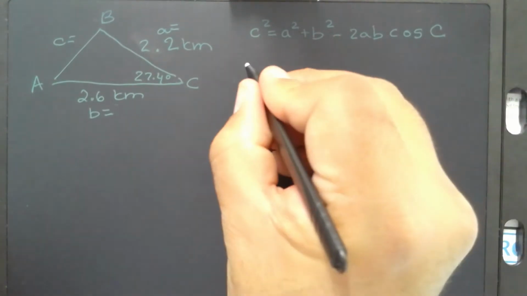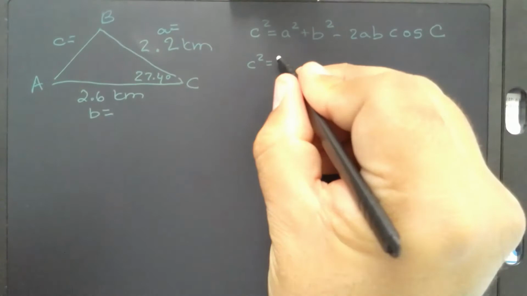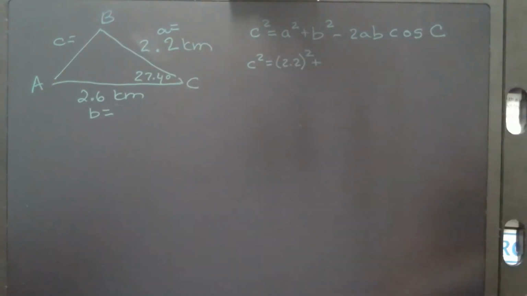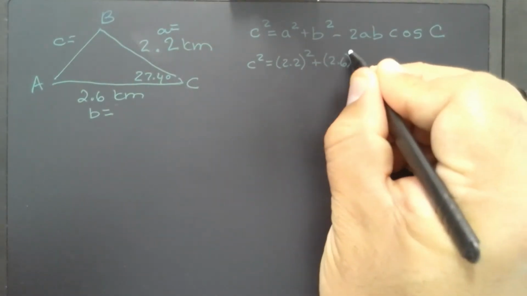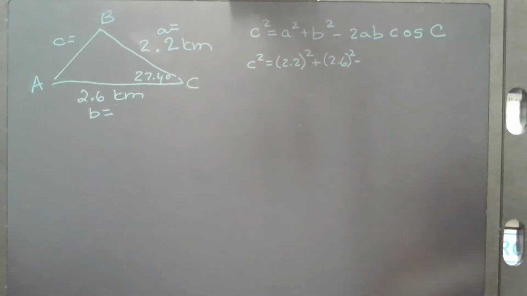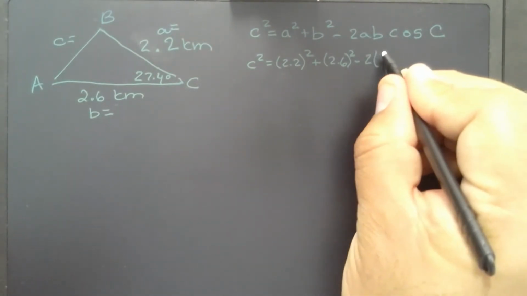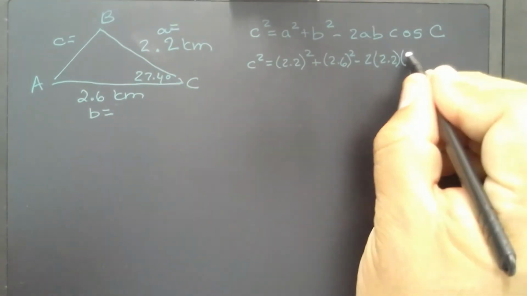No. So c squared is equal to 2.2 squared plus 2.6 squared minus 2 times 2.2 times 2.6